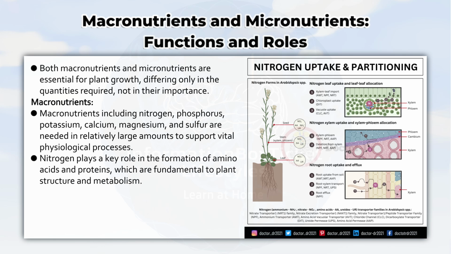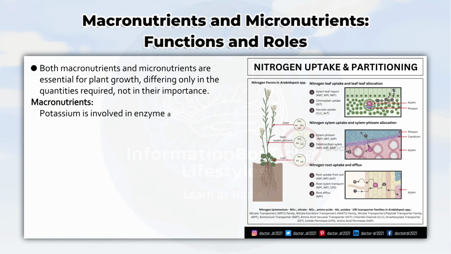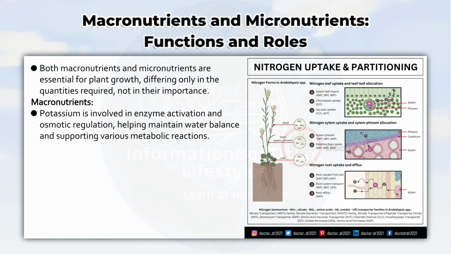processes. Nitrogen plays a key role in the formation of amino acids and proteins, which are fundamental to plant structure and metabolism. Phosphorus is necessary for energy metabolism and is an integral part of genetic material, contributing to cellular energy transfer and DNA/RNA structure. Potassium is involved in enzyme activation and osmotic regulation, helping maintain water balance and supporting various